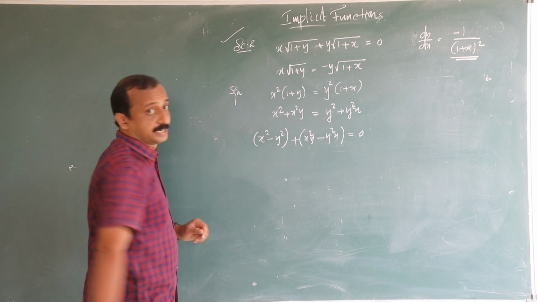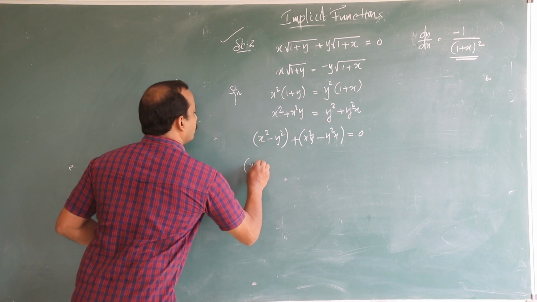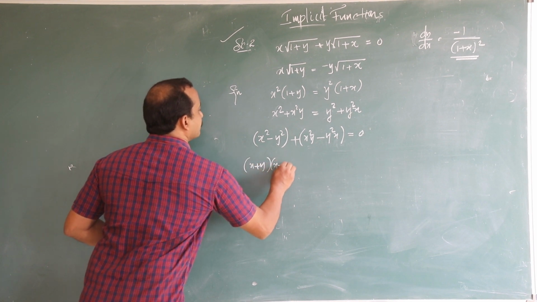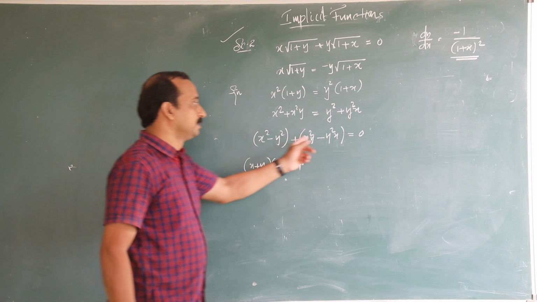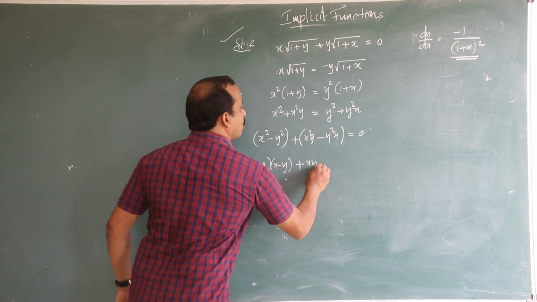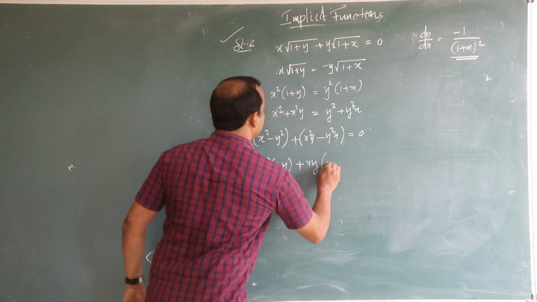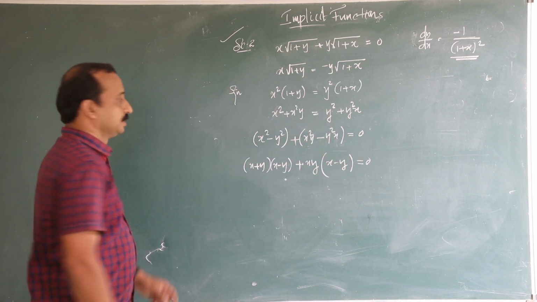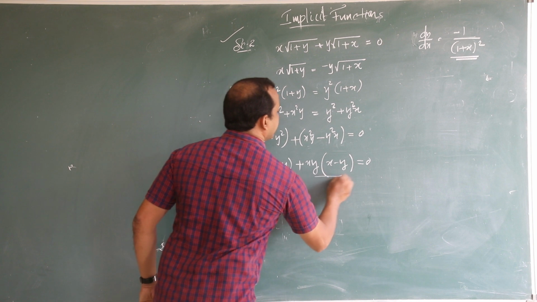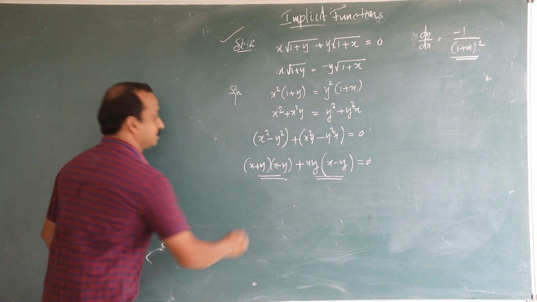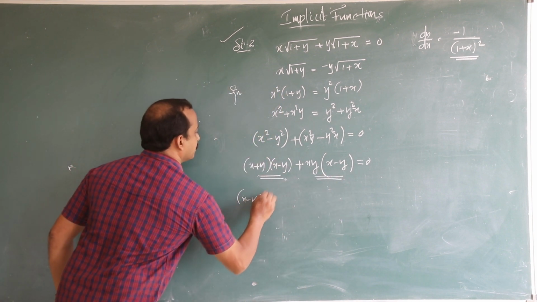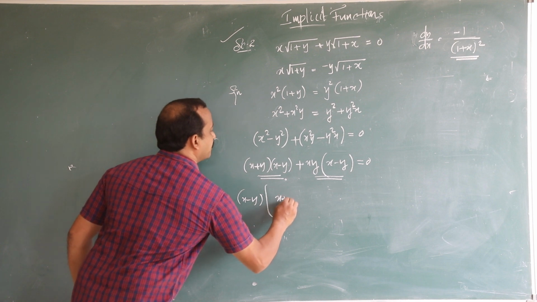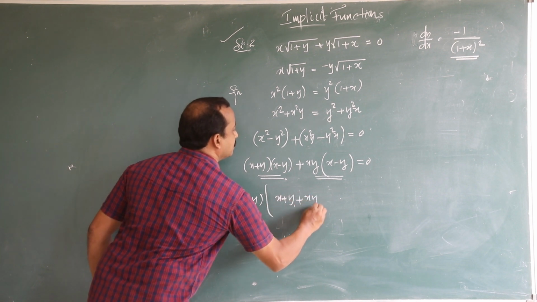Therefore x square minus y square is (x plus y) into (x minus y). Plus here x y is a common term, times (x minus y) is equal to 0. These two terms contain x minus y as a common factor. Now we collect x minus y, times (x plus y plus x y)